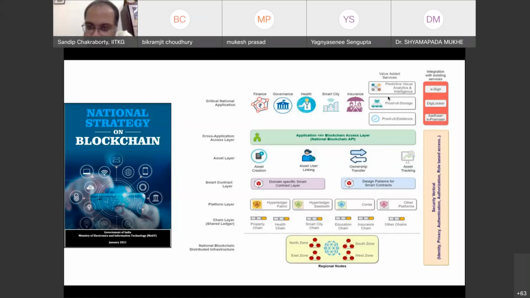Sir, to add on to this national strategy on blockchain, Niti Aayog of India has turned on the project that is India Chain, which is having the Internet of Value as a second slot from 2020 onwards, which has been added to the national strategy which you are explaining right now with the India Chain project itself.